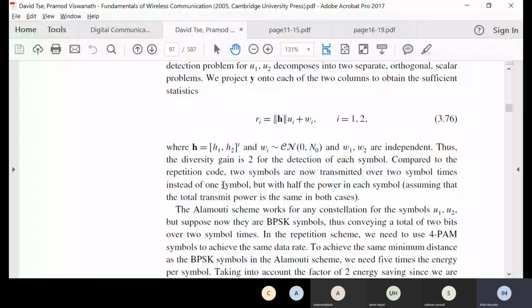Remember repetition code? You send one symbol, then in the next symbol time you have to repeat the same symbol. But in LMOT, because of antenna diversity or spatial diversity, you can send two symbols at one time, then you can repeat those two symbols in another time. So in order to understand it,